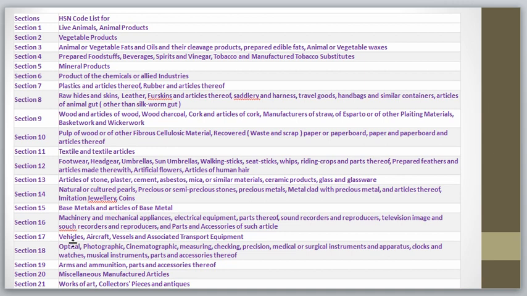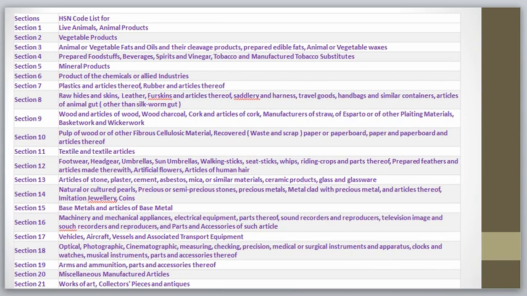Section 17: vehicles, aircraft and vessels. Section 18: optical and photographic instruments. Section 19: arms and ammunition. Section 20: miscellaneous manufactured articles. Section 21: works of art and collectors' pieces. So all products or trading goods come under these 21 sections.